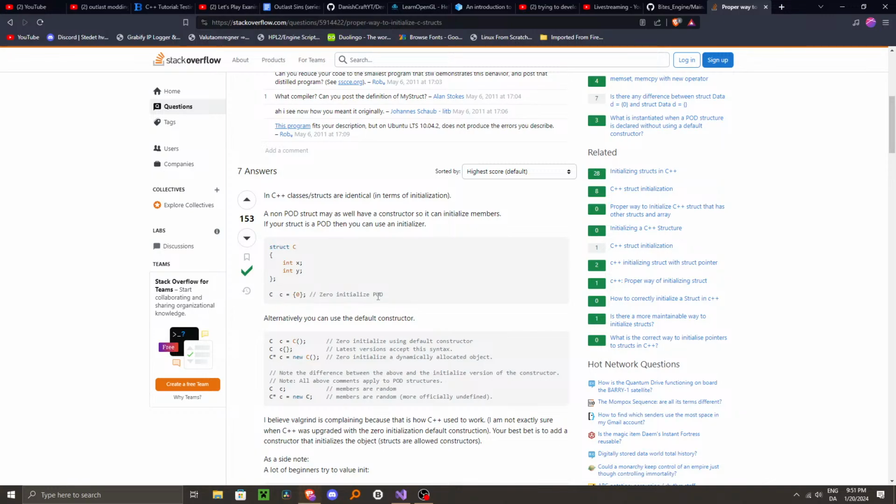See, I wish this worked, but sadly that does not work. Not in C++ anymore. As for a default constructor,